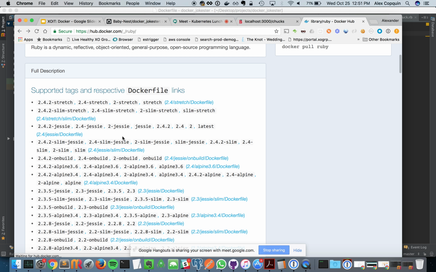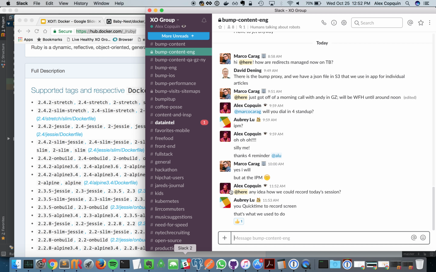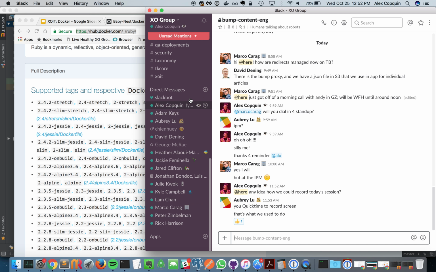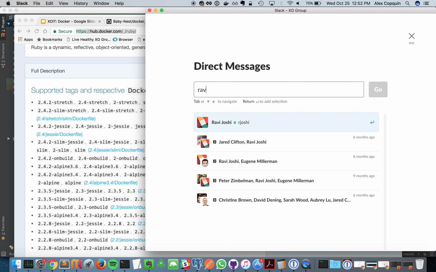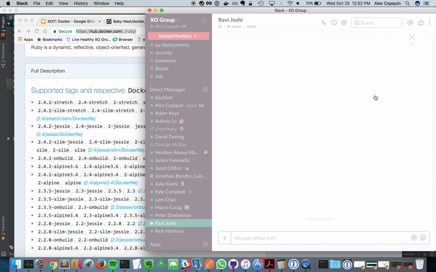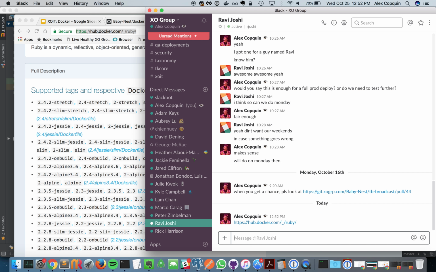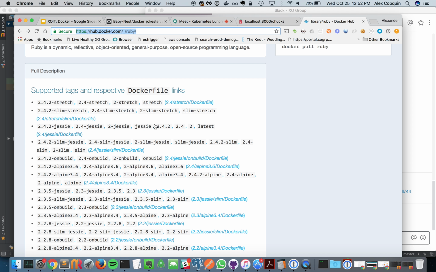If you can't click on the tag, try going to hub.docker.com/_/ruby, like the one we have on screen. I'm gonna send that to you. Okay, I got it. You got it? There. Okay, so if you look at this one,